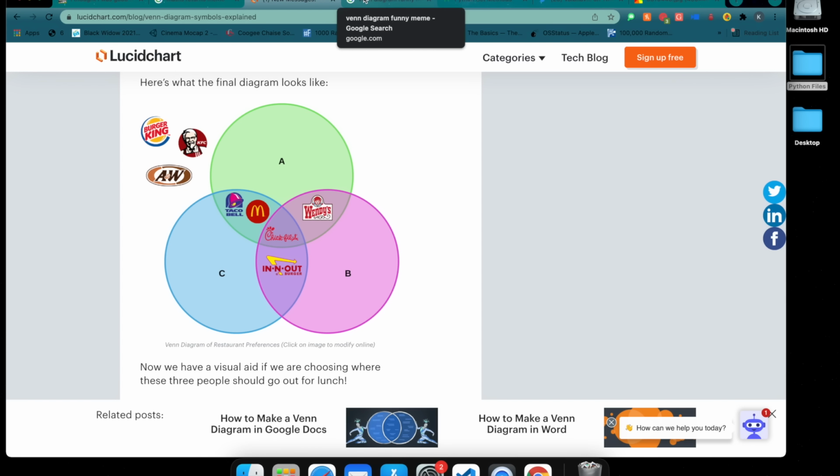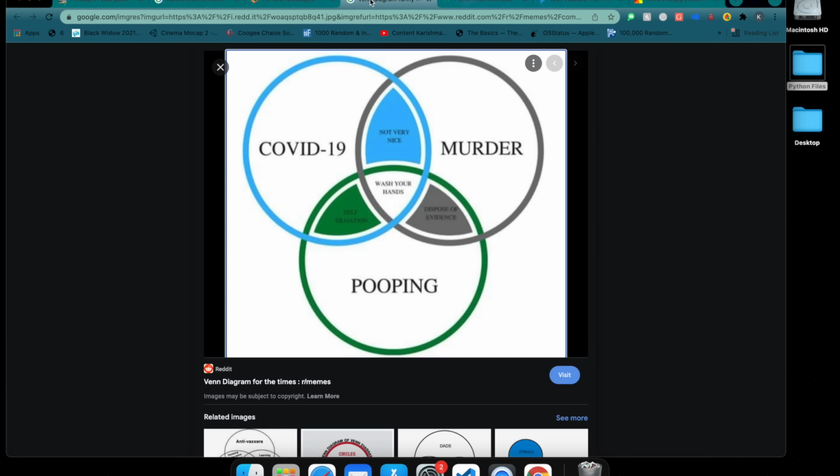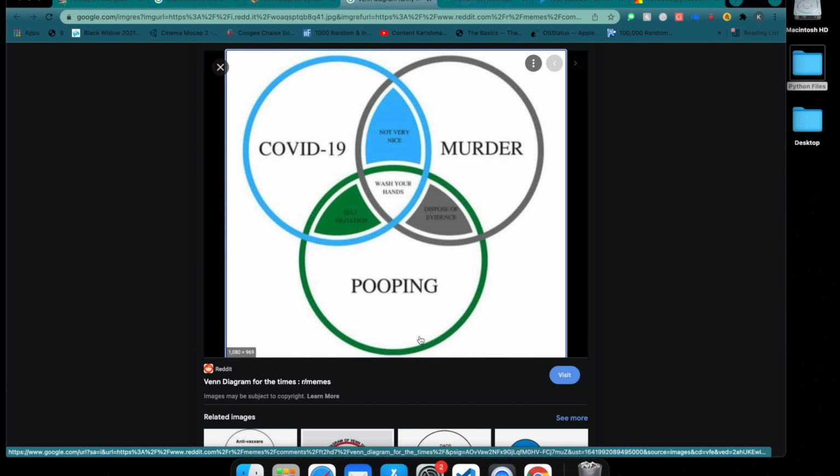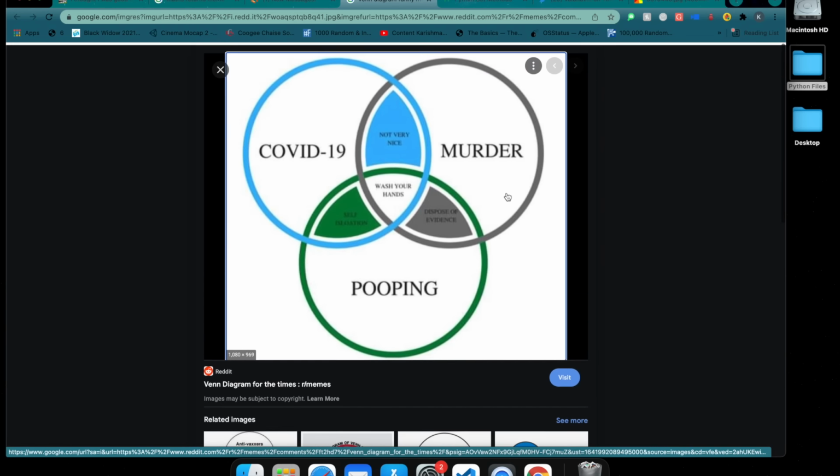Another thing that I wanted to show you, a funny Venn diagram, which is this. It's funny. Both COVID-19 and murder are not very nice, and we should wash our hands after all these three things. Well, we shouldn't be doing murders, so please refrain. But it's a funny meme. Anyway,